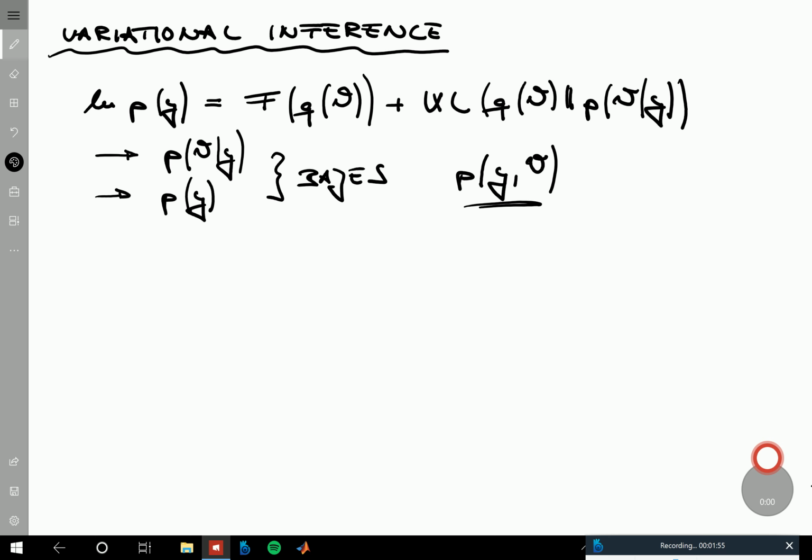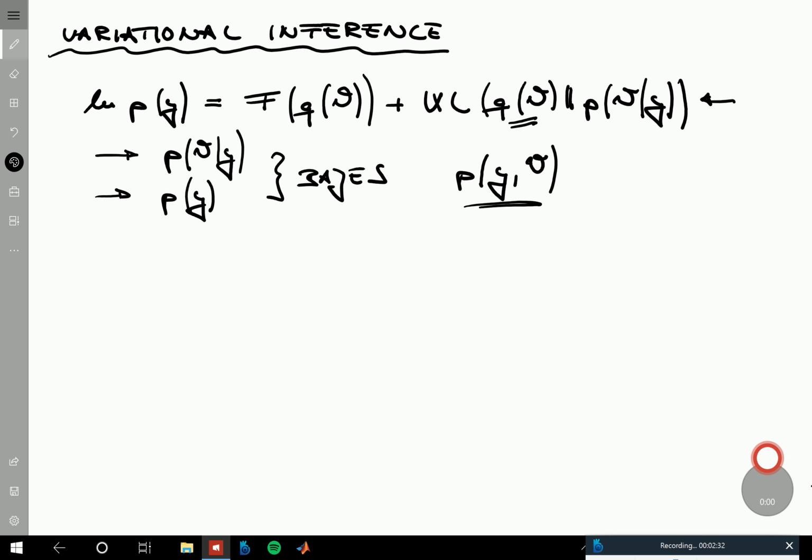So what one can always do, and this is what we spent some time on, is to rewrite the whole thing, namely the log marginal likelihood, as this sum of a free energy term and a KL divergence term, where we introduce these variational distributions Q theta. And then discussed that this decomposition of the log marginal likelihood into free energy and the KL divergence term can be used to minimize this KL divergence,